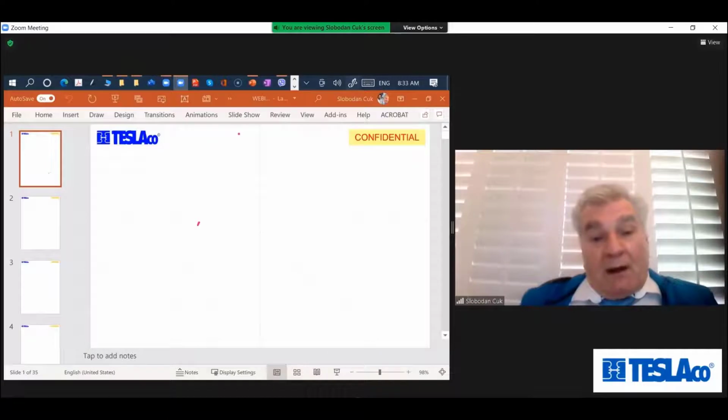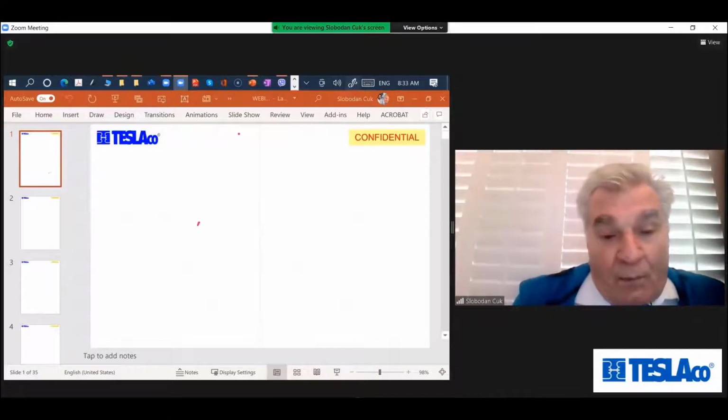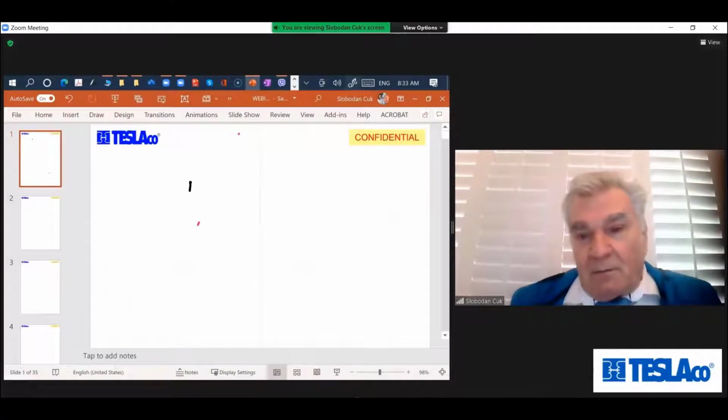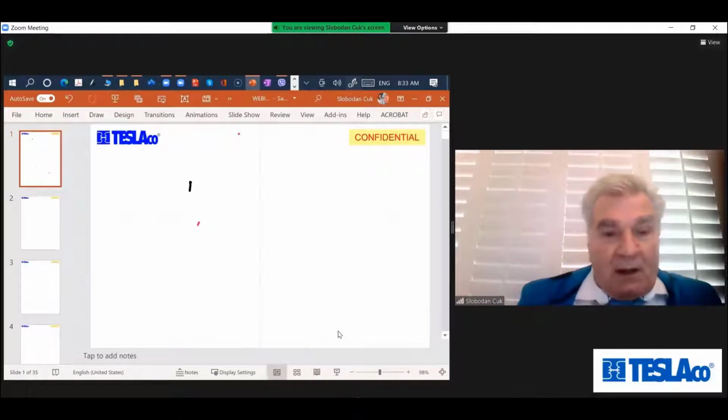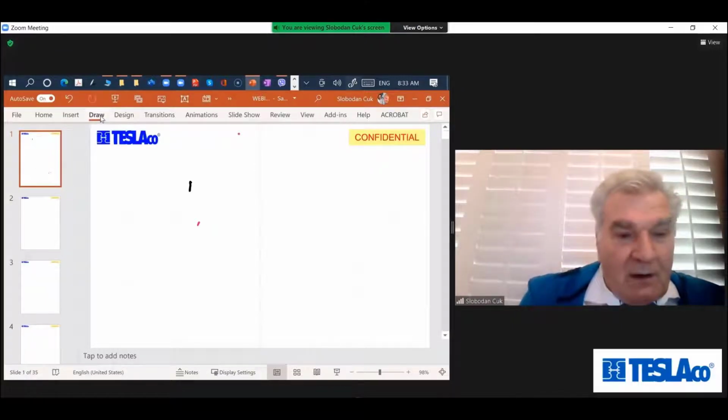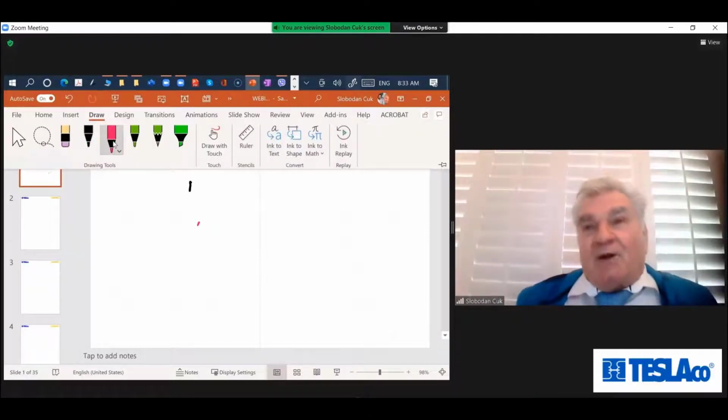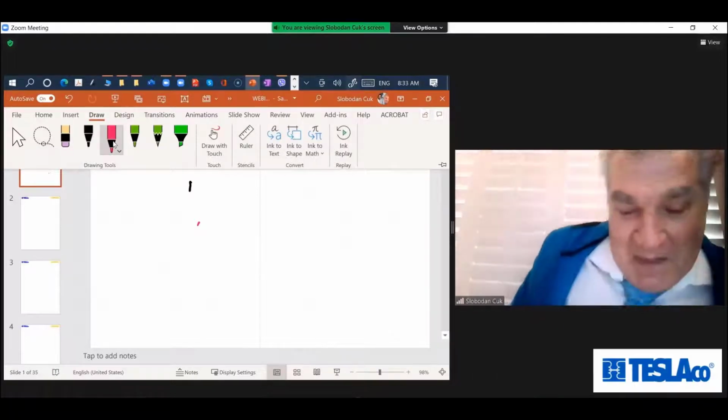Let me see if I can move this down. Yeah, I can move this down here so I can draw. There is a more attractive red color, right? Agree? Okay, so now